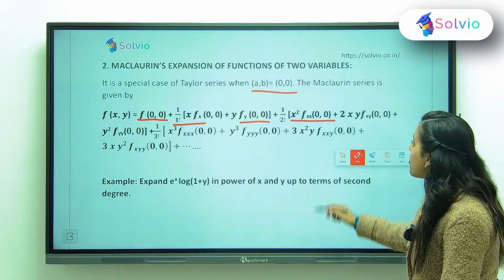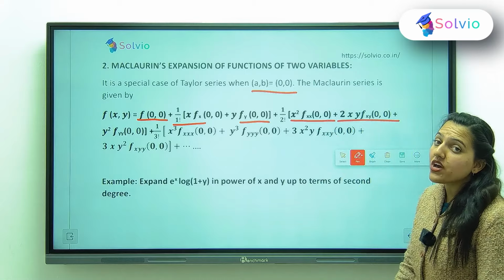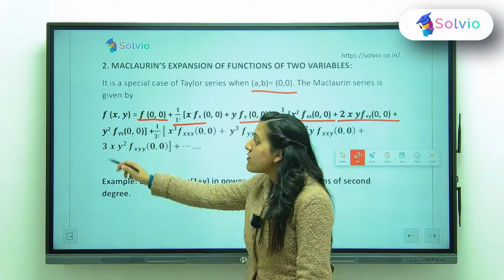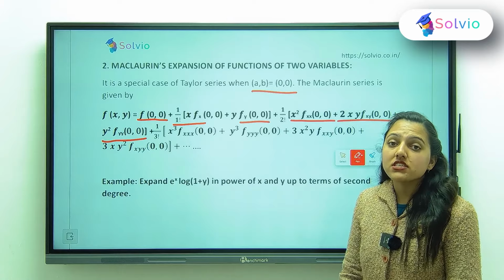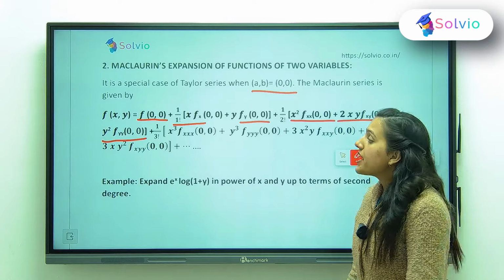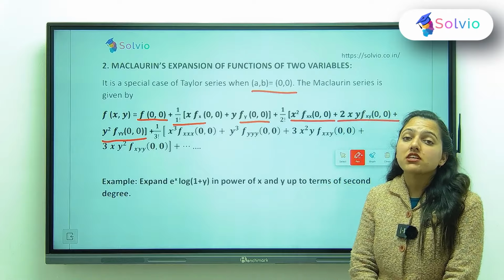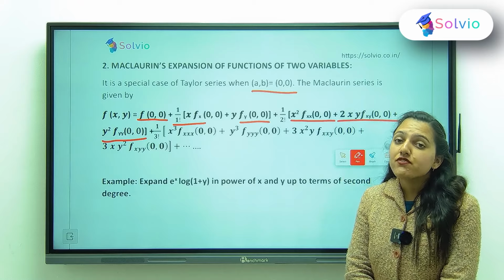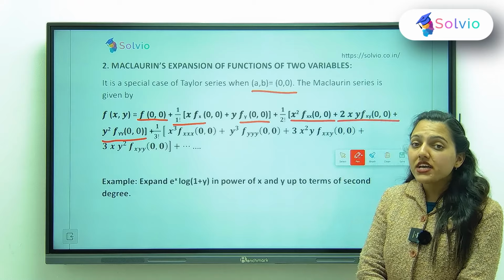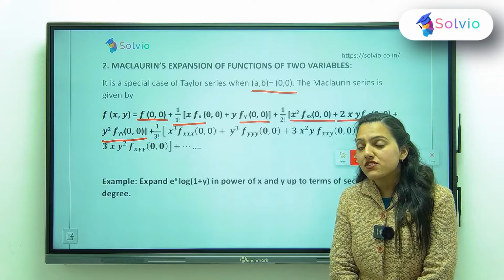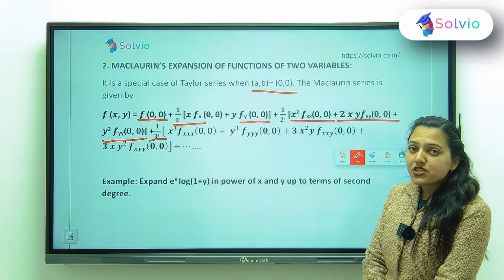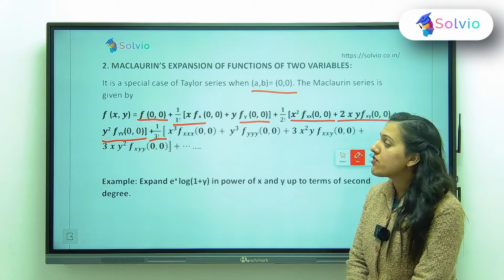at (0, 0) plus twice of xy into fxy at (0, 0) plus y square into fyy at (0, 0), where fxx is the second order partial derivative of function f with respect to x and fyy is the second order partial derivative of function f with respect to y. And in fxy, we will firstly partially differentiate f with respect to x and then we will differentiate fx with respect to y, plus 1 upon 3 factorial times x cube into the third order partial derivative of our function f